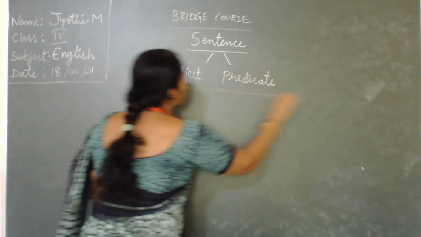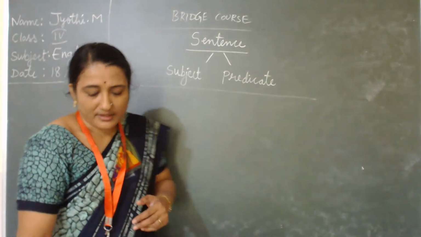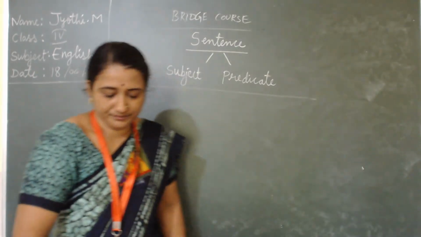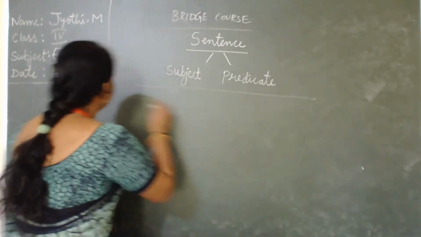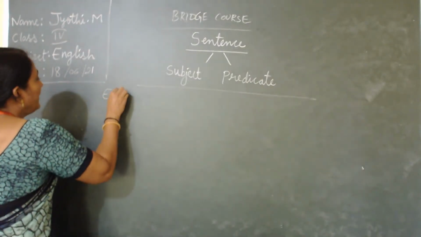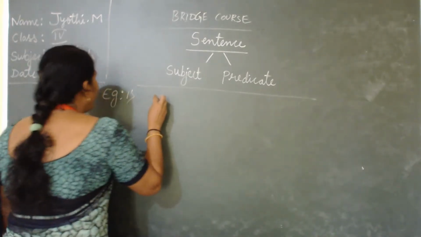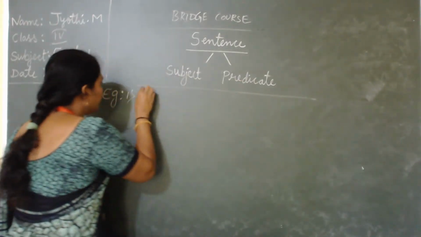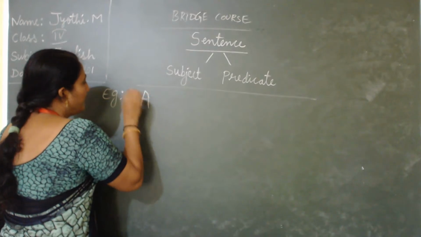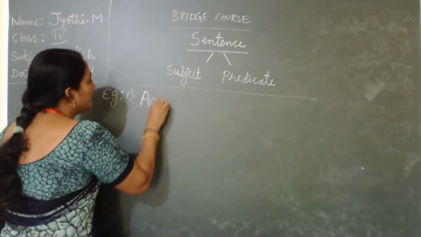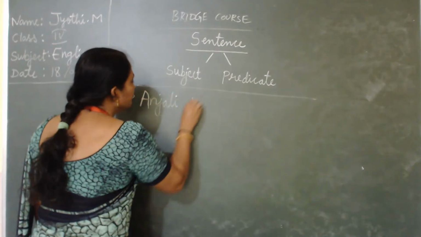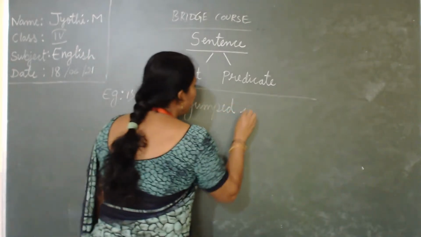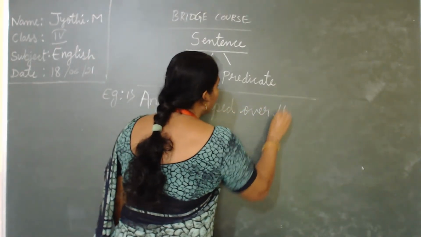How will we identify the subject and the predicate in the sentence, children? Now, let me explain with an example. With the help of this example, we will come to know how to identify the subject and the predicate in a sentence. See, every sentence here begins with a capital letter. Anjali jumped over the